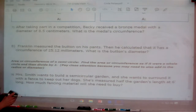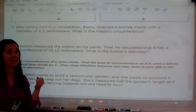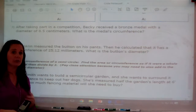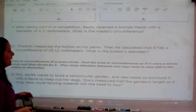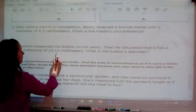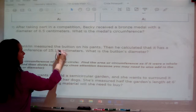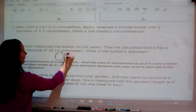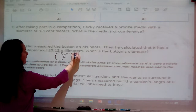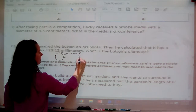Franklin measured the button on his pants. The key is there that a button is round. They did not tell you that it's a circle, but you know that a button is typically round. Then he calculated that it has a circumference of 25.12 millimeters. What is the button's diameter? So I'm going to draw the picture, and I know that all the way around is 25.12 millimeters. When I list my Ridka here,